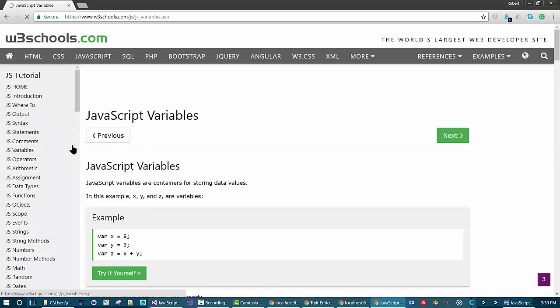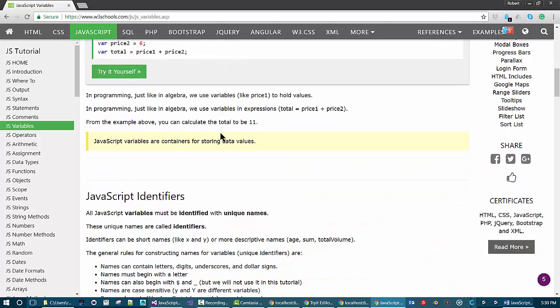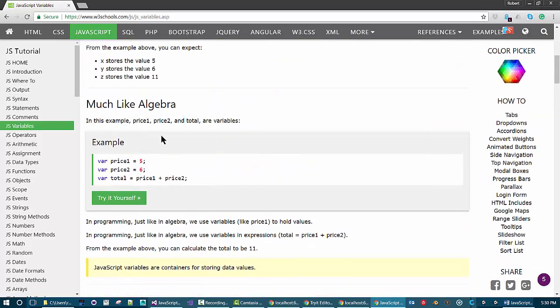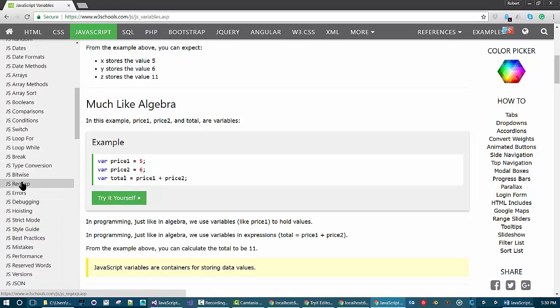If you're not familiar with JavaScript variables, look at the variable exercise. I notice that in JavaScript we use the var keyword, while normally in a strongly typed language, you'd actually have a particular type. It's also useful to look at the regular expressions page